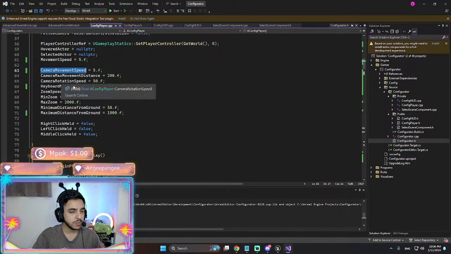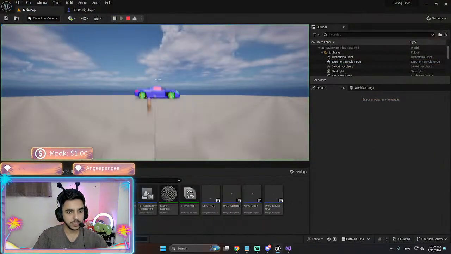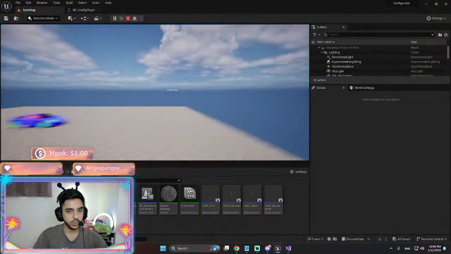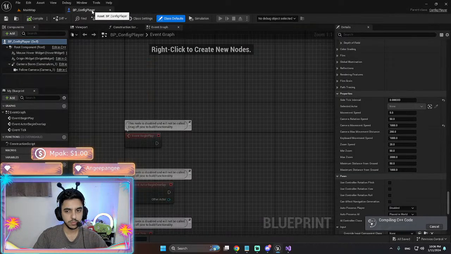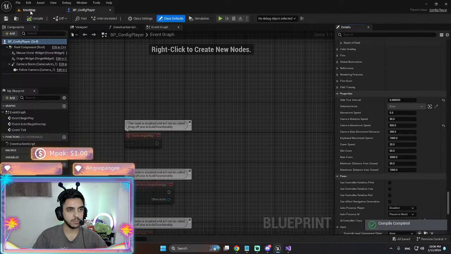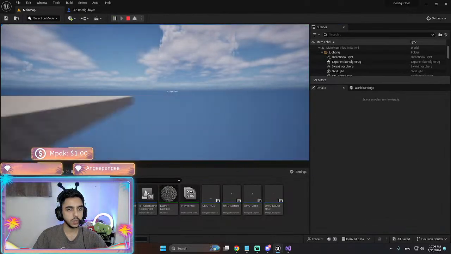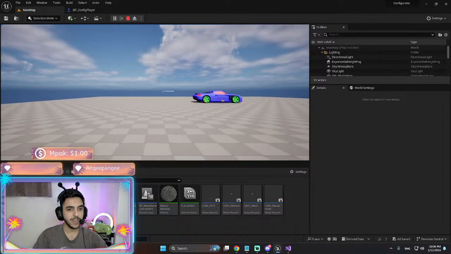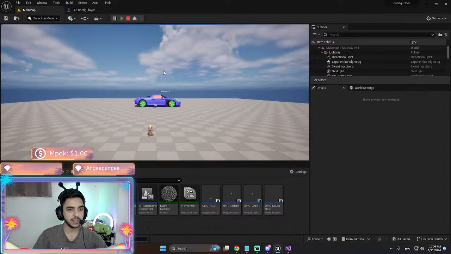Camera max movement speed is 5, even though 5 is too low for that. How about 500? It goes up and down very slowly, but it goes right and left very fast.